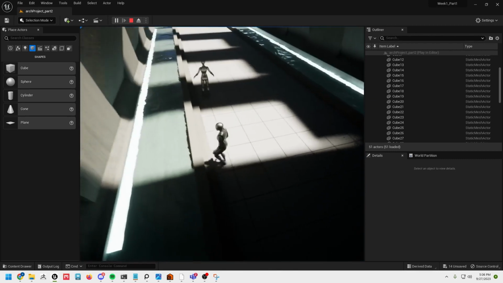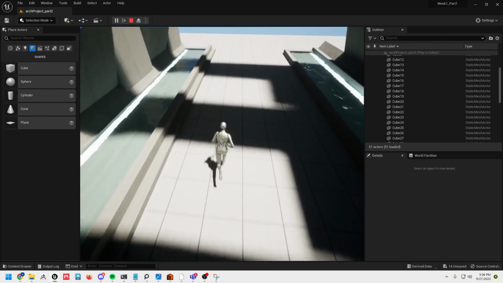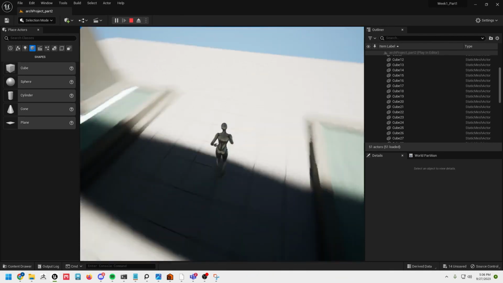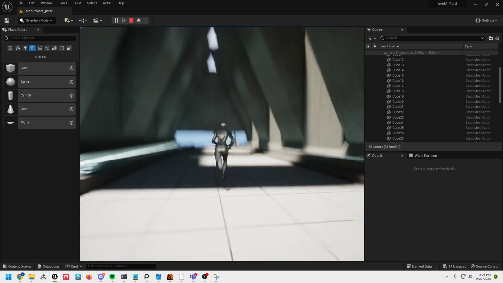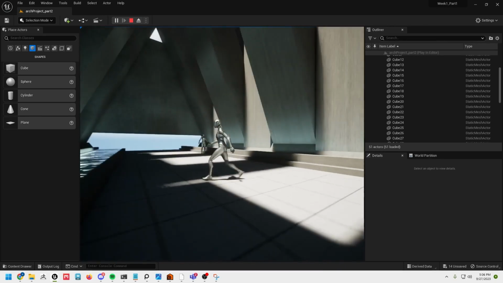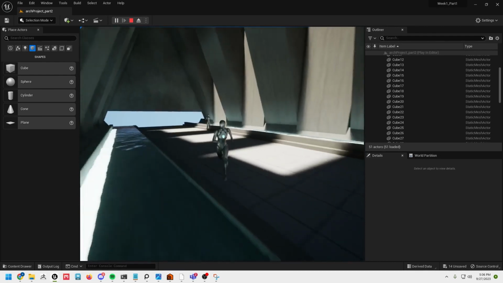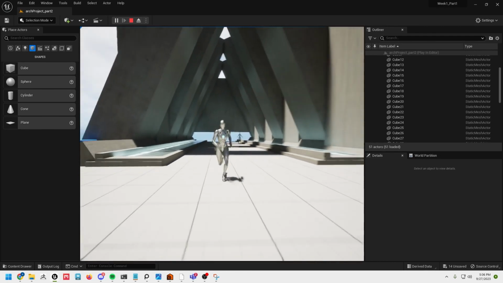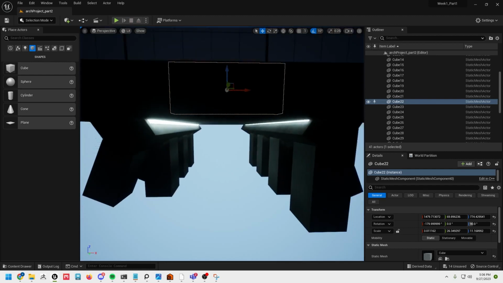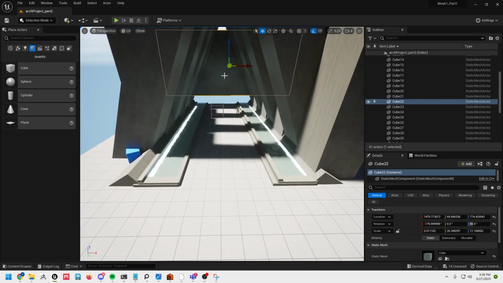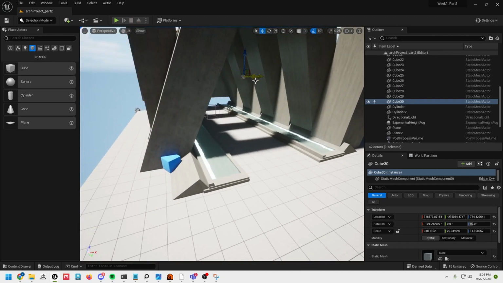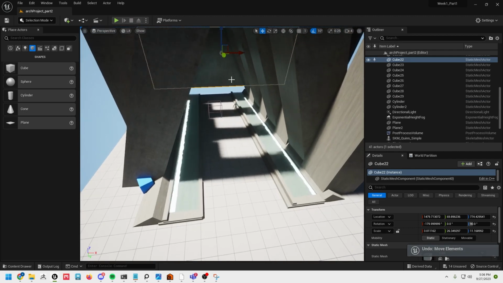You guys should definitely get creative. This really wasn't much work as far as modeling goes, but it took a lot of time to tweak things, get the light to actually look right. And now this actually looks pretty good. So, one last thing that I would probably do with this, whoops, is